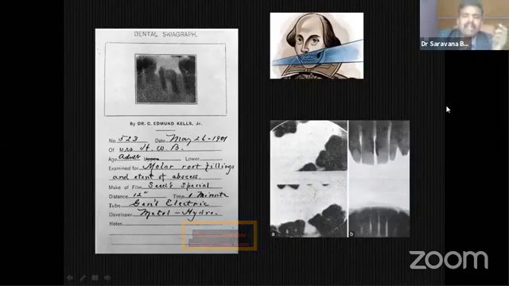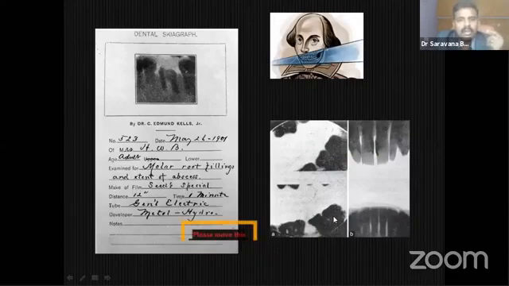Immediately after, dentistry came into the field. Can you all see my mouse? This is said to be the first ever dental radiograph of the world, taken by Dr. Edmund Kells in 1896. And he was maintaining a radiographic report format in 1901. I have told in a lot of my lectures that in 1901 itself he was maintaining a radiographic report format, but still actually we are not doing that.